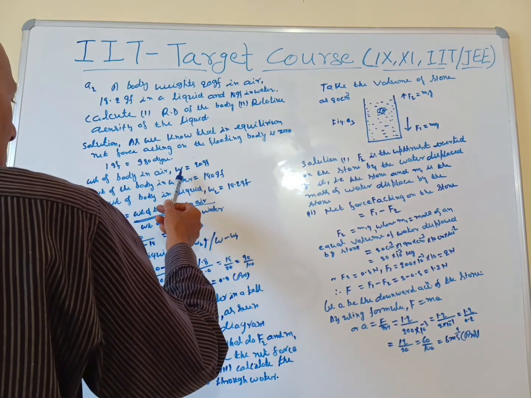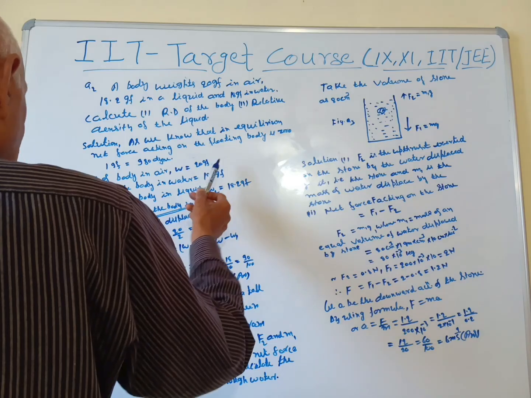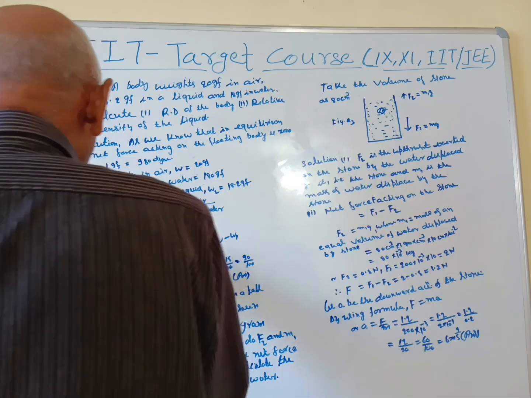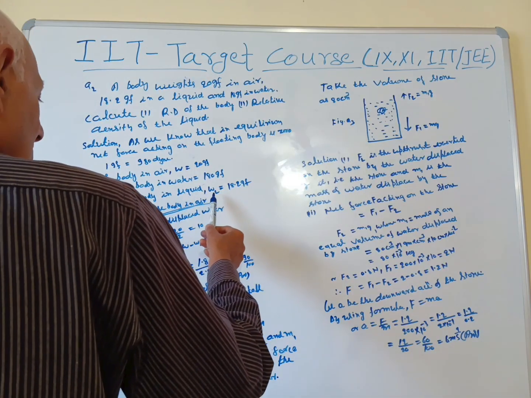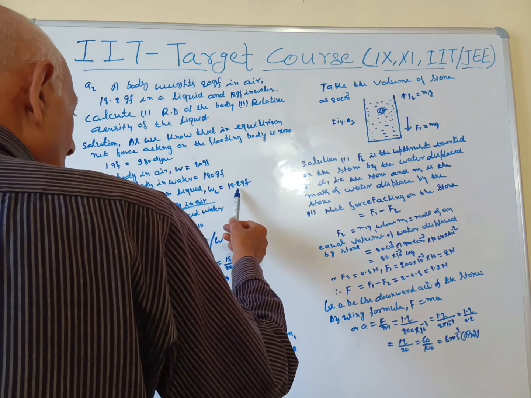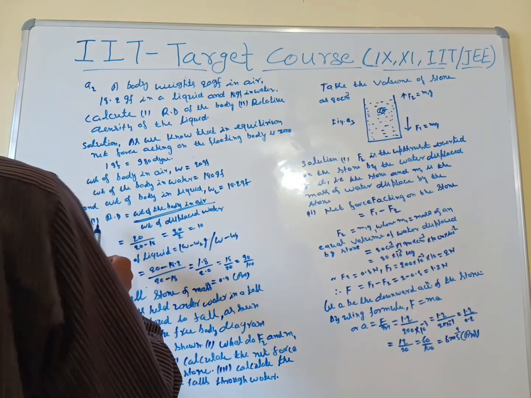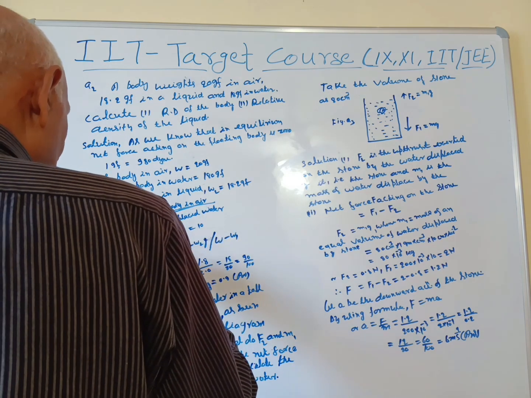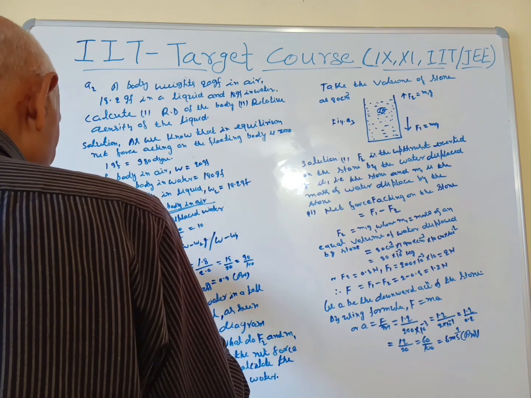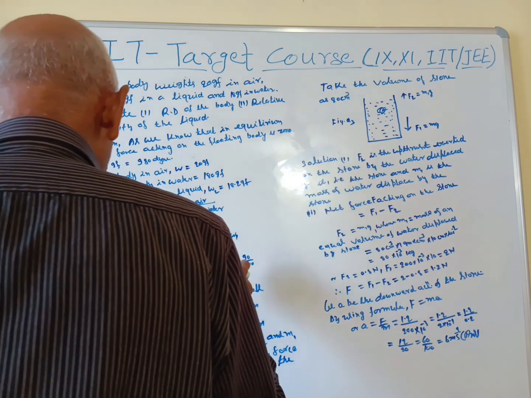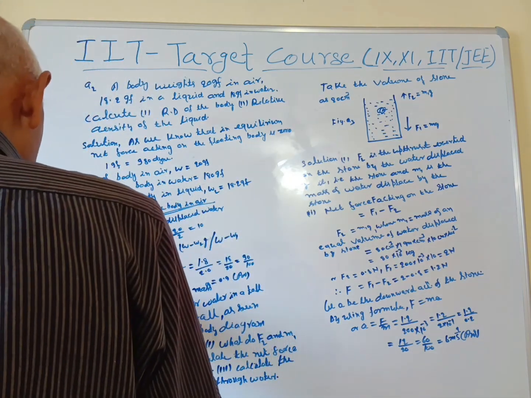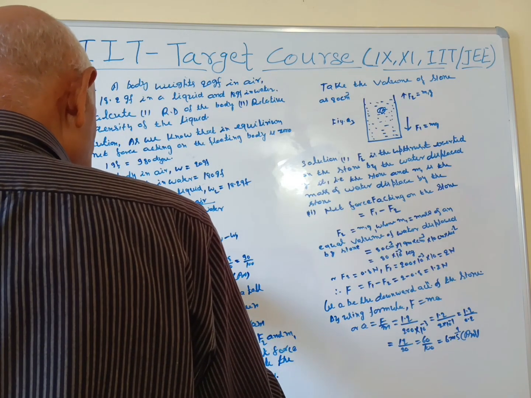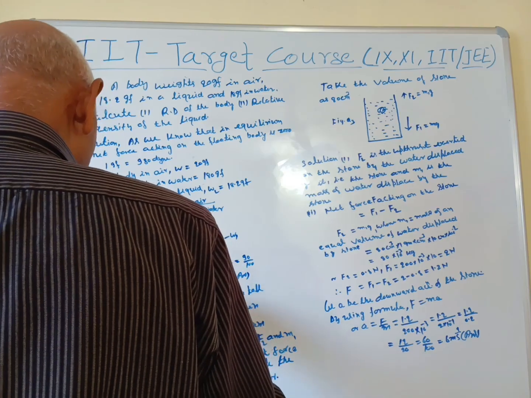Weight of body in air, say W equal to 20 gram force. Weight of the body in water equals 18 gram force. And weight of body in liquid, say W2 equal to 18.2 gram force. First, relative density equals weight of the body in air divided by weight of displaced water. This equals 10. Part 2. Relative density equals